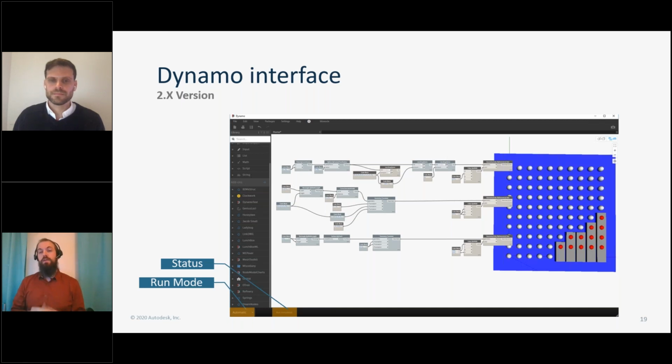The last run mode is periodic. Periodic mode basically does what it sounds like. It runs a graph periodically. Give it a value in milliseconds. I think the default is about 1,000 milliseconds, so 1 second, and it will execute that graph basically every second,